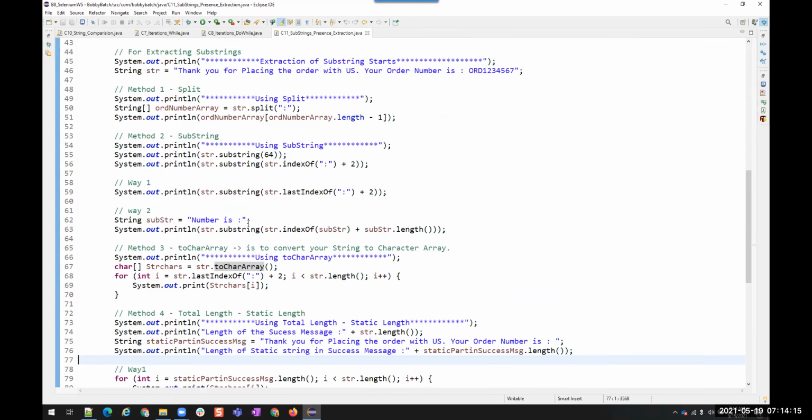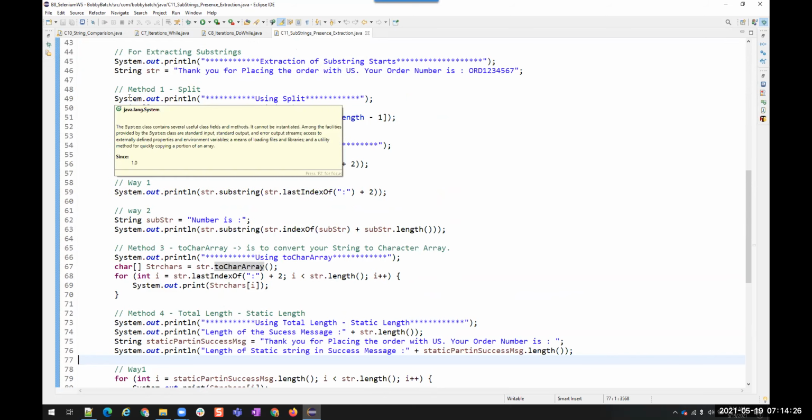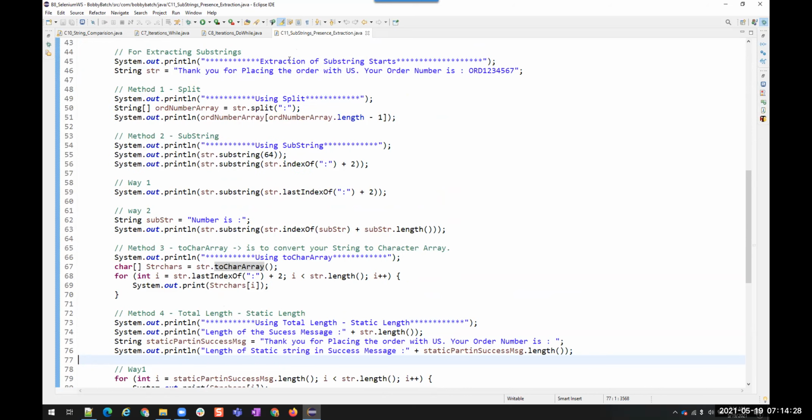Now, this one we are not going to use in real time. I haven't used it in my 8 years of career, but we still get these questions in interviews. That is, find the number of occurrences in a particular string.